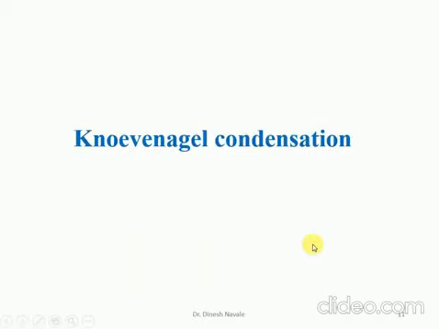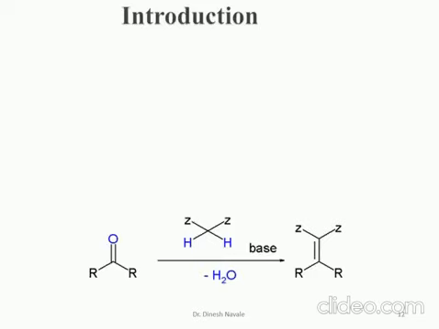Benzoin condensation. So now we are going to see the second condensation reaction, that is the Knoevenagel condensation. In Knoevenagel condensation, the basic requirement is what? It is the active methylene group. So this is the general representation of the